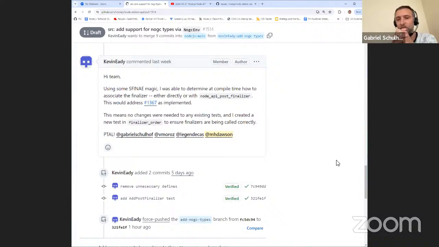Yeah, they can compile everything under experimental and not have to change any of their code, and it'll be wrapped in post finalizer. And then as soon as they change their signature from env to no GC env, it will not be wrapped and will do it correctly. Oh, that's great. Because then we really have an easy thing.